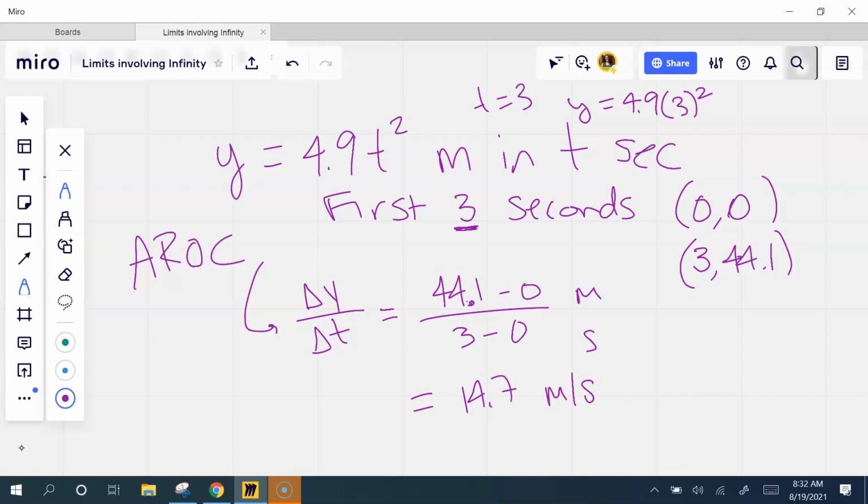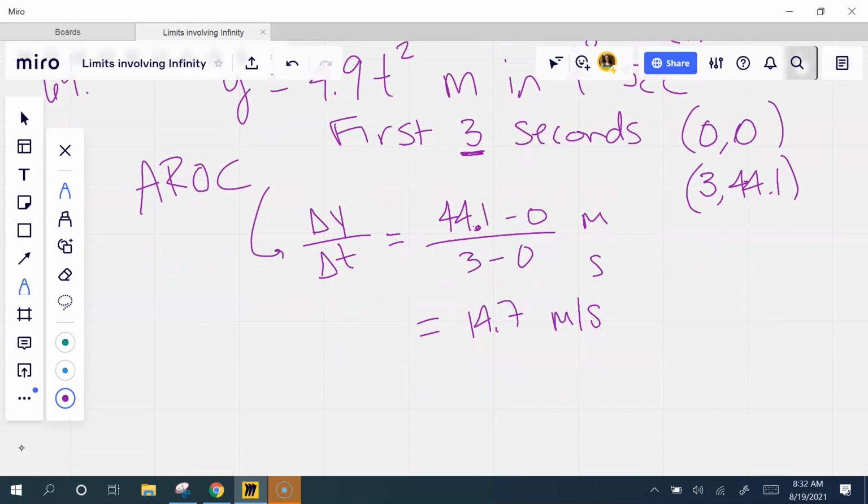All right. Part B. So this is average speed, right? That means everybody understands the difference in average and instantaneous, right? Okay, so it averages 14 meters per second. That doesn't mean that's what it's going at 3 seconds. So part B says, find the speed at the instant t equals 3. But it won't always say instant. They're getting you warmed up to this. It'll say, what is the speed at t equals 3? If it's asking you for a specific time, the speed at one specific time, that is always instantaneous, and you're using IROC.